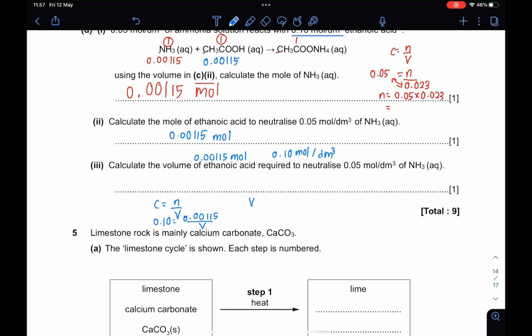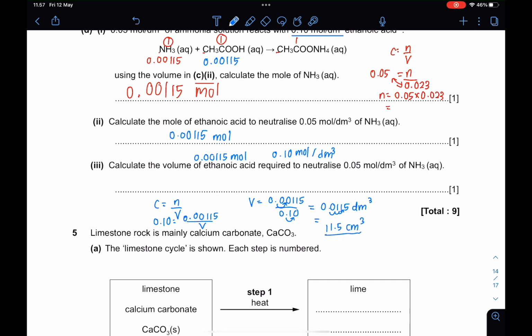So concentration is 0.10, number of moles is 0.00115, and volume is the one that we want to find. So volume is going to be 0.00115 divided by 0.10, which is 0.0115